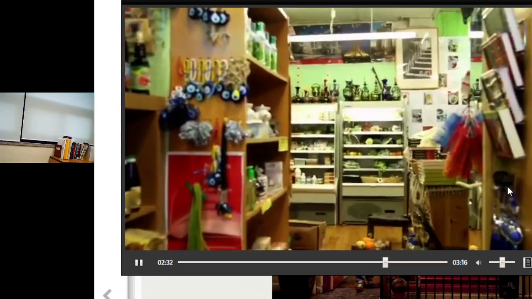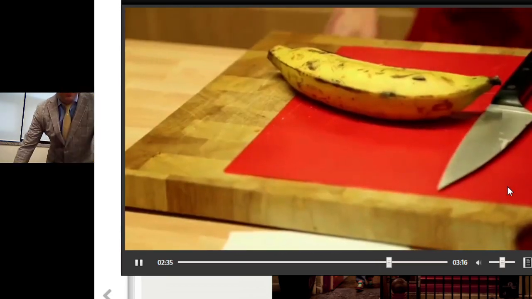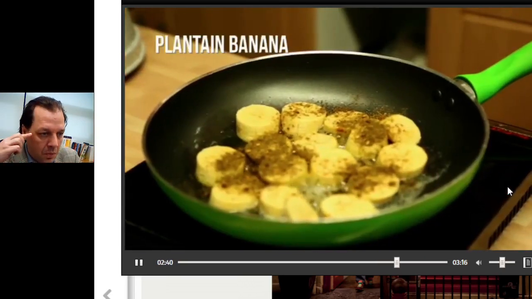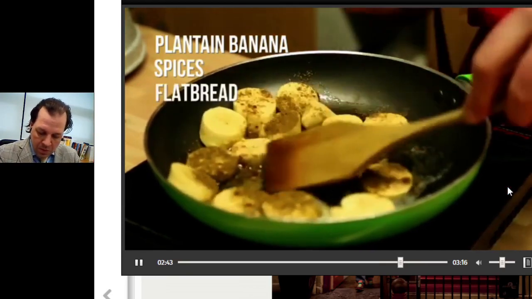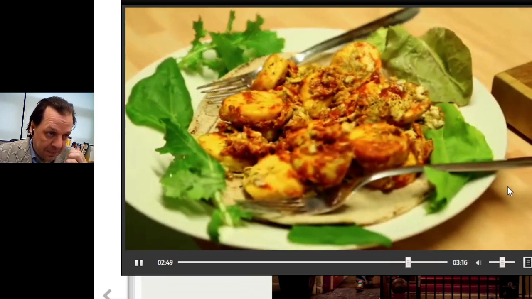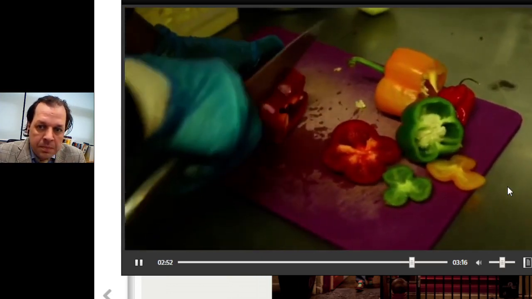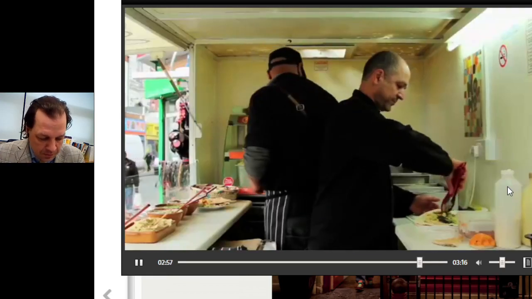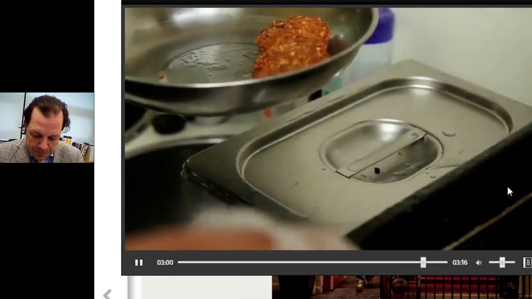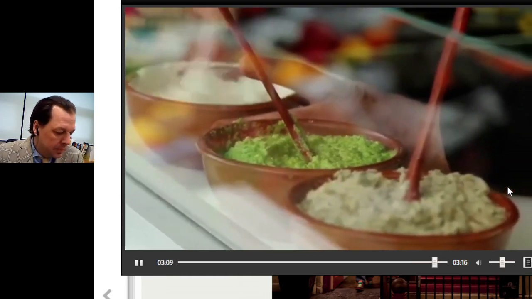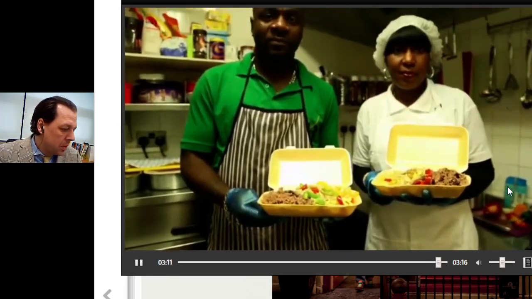Sally sells Middle Eastern ingredients, but the dishes she cooks include flavours from a mix of nationalities. Like this dish, plantain banana cooked in spices on flatbread. With a bit of Peckham and a bit of Morocco and a whole lot of West Africa. Jennifer and Sally are just a few of the many Londoners who put love and care into their food. So what are the ingredients for a great meal? People from Peckham think you need culture, a mix of flavours, and good friends to enjoy your food with.